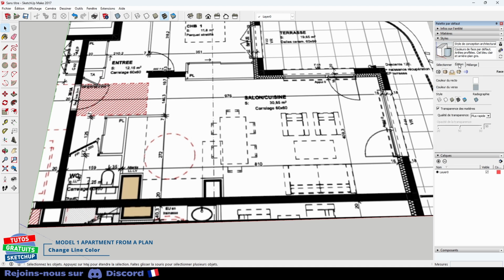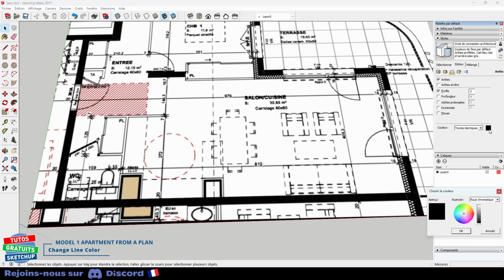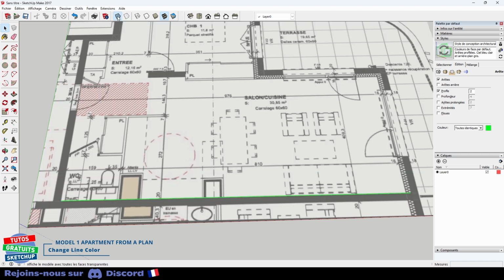We go to Edit. And there, I select the first square here for the edges, and there I change its color. I'm going to give it a green instead, because the green color will stand out well. Avoid blue, because it is the color of edge selection. We could get confused. I validate. You see that my line is much more visible, and if I switch to transparency, it's not bad too.